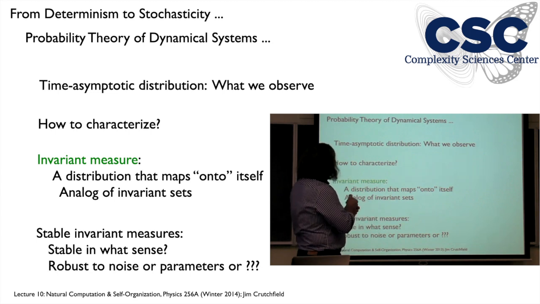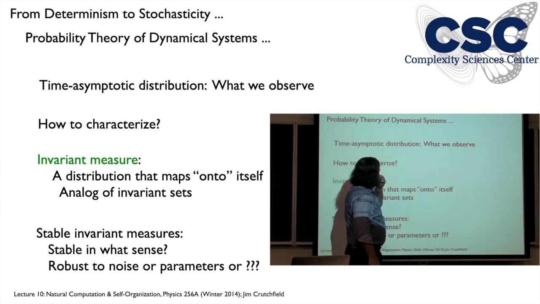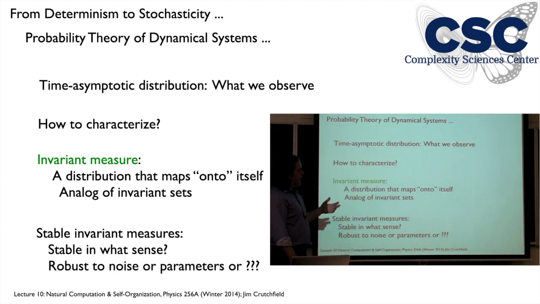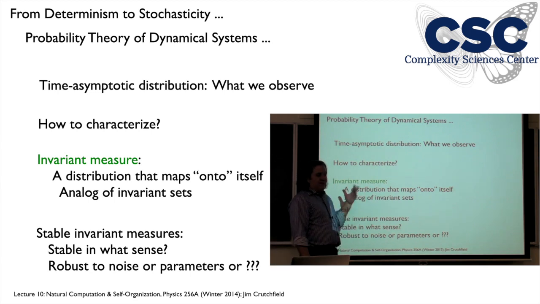Okay, so now, how are we going to think about these long-time distributions? We just gave a bunch of examples. I kind of argued that it could be simple or complicated. There does seem to be this, in the space of distributions, some type of convergence, but how are we going to characterize this formally? And so we can work with it. So that brings in this notion of an invariant measure, or invariant probability density would be.